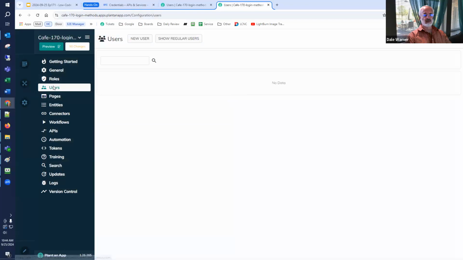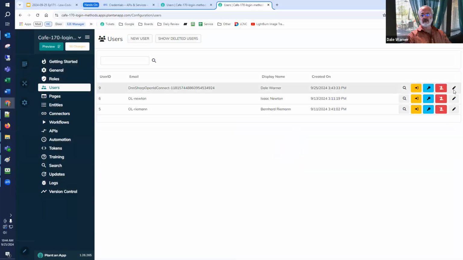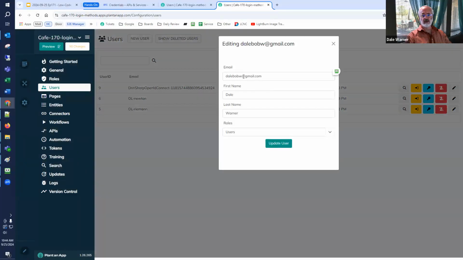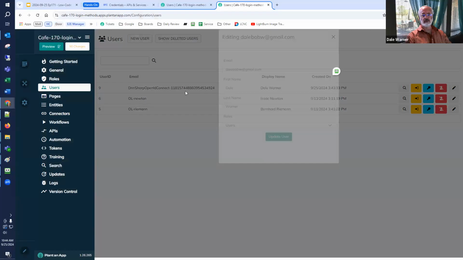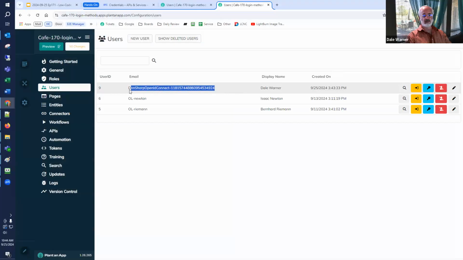If we look at the users page here and refresh, we can see the user got created and authorized as we would have expected. So it came in with the username and, excuse me, the ID and the role that we wanted. And again, the username is a DNN Sharp OpenID Connect username. All right,